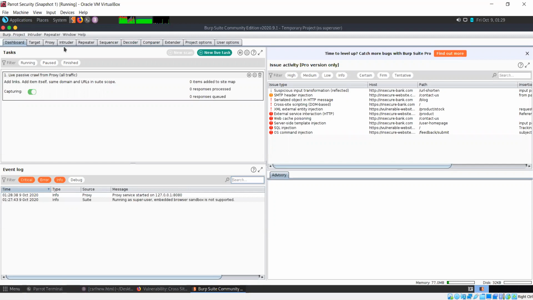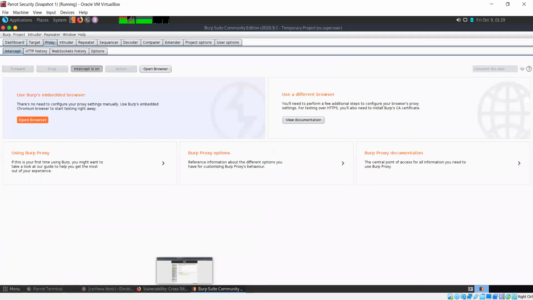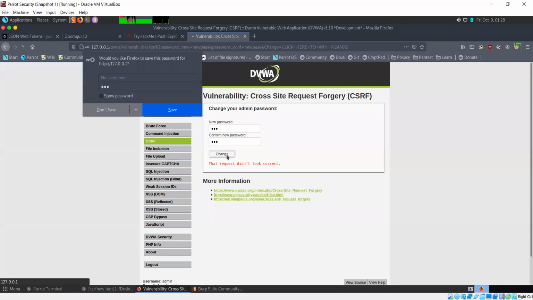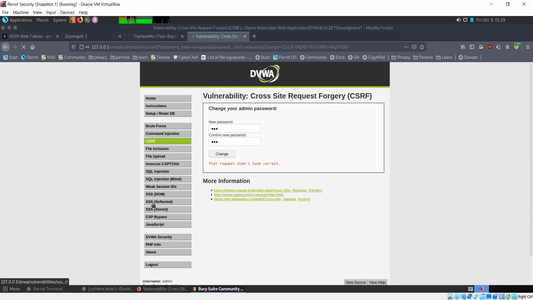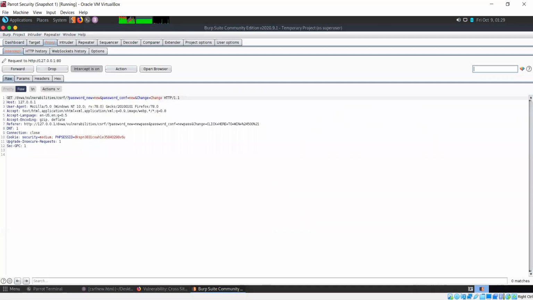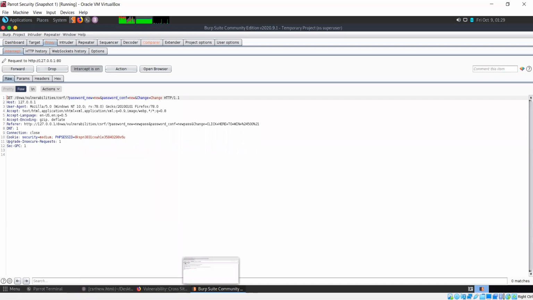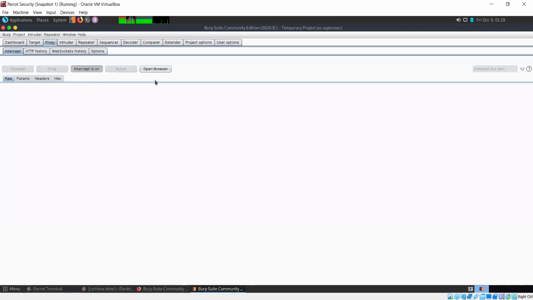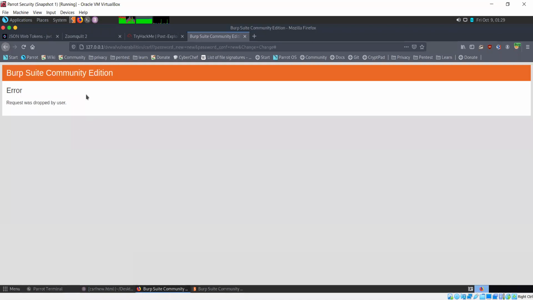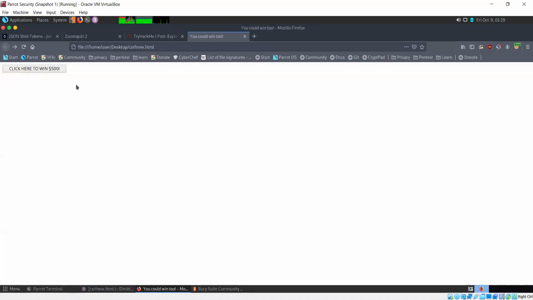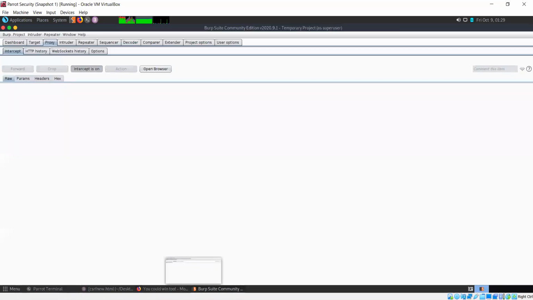Okay, so Burp is open, intercept is on. Let's go. The request should have appeared here in Burp, and it has. Let's send this to comparer. For now, I'm going to drop it. Since we dropped it, it's giving us an error. No worries.